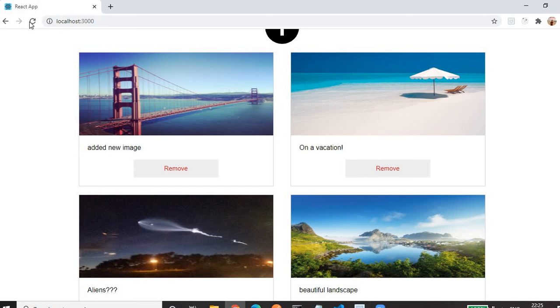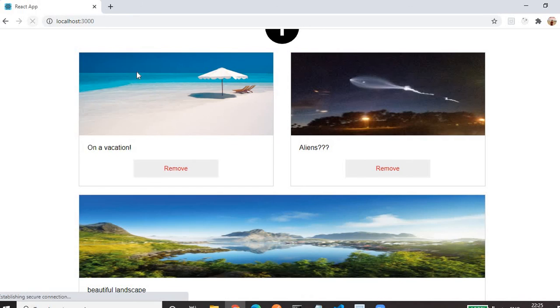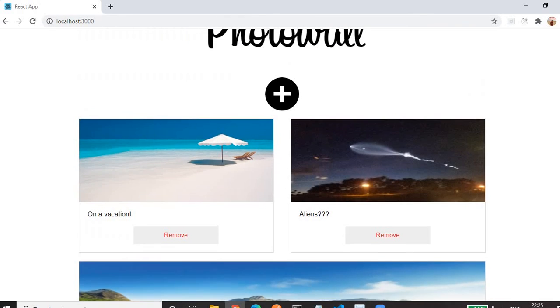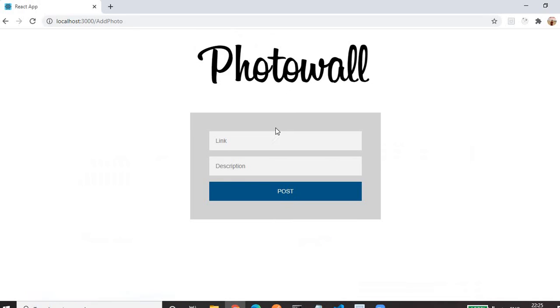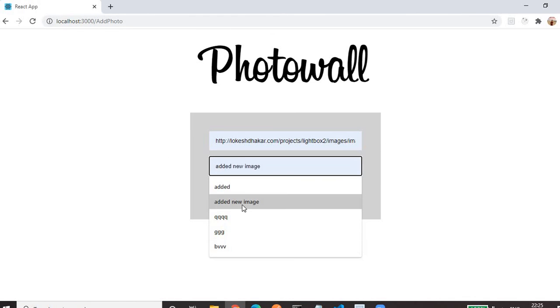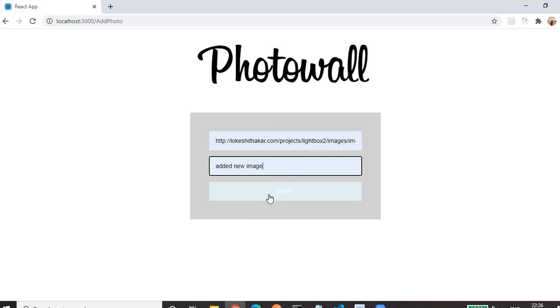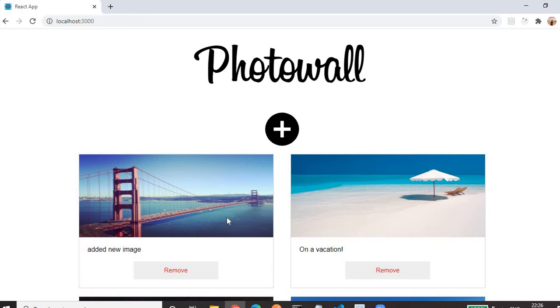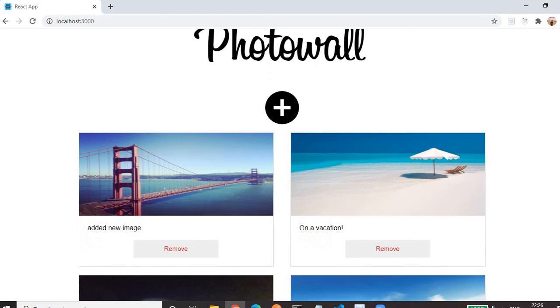Let me refresh to see what we had earlier. Earlier we had 3 photos. Once I navigate to add post, and after I add a new image with some description, we navigate back to the home page and that new image gets added here. This is happening using the navigation.